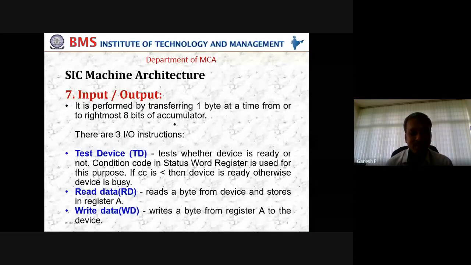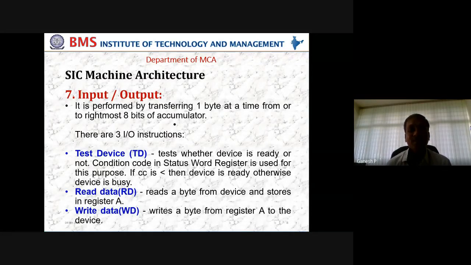So when a printer, or your output device, is already engaged for some activity and I am parallelly sending one more data to the printer, obviously the printer is busy. It is not free. If that is the case, we need to check whether that device is ready to accept or ready to send the data. That is the reason why we have the concept of test the device. Test the device means whether the device is free. Free means, is it already engaged with some other activity, or is it free to receive the data, or free to send the data. From that perspective we have to test the device.